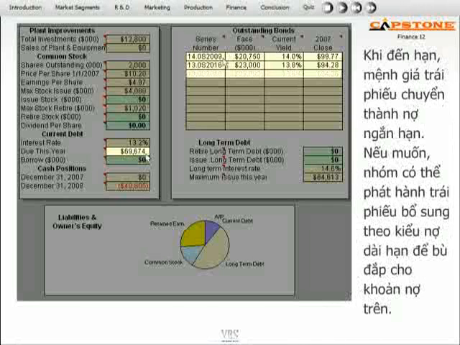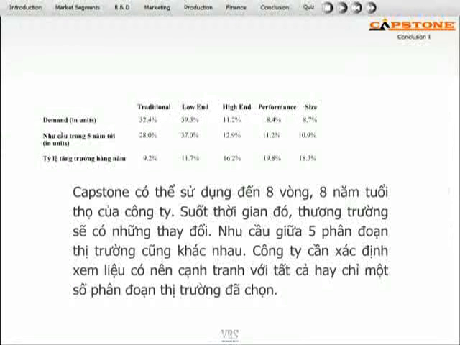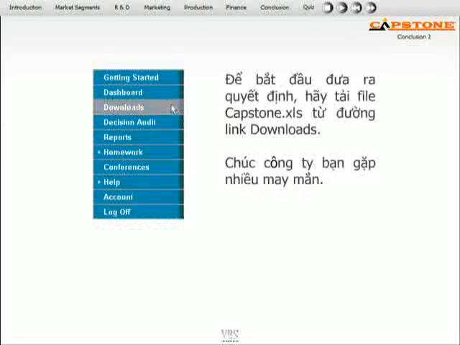Capstone can run up to 8 rounds, 8 years of the company's life. The marketplace changes during that time. Unit demand varies among the 5 segments. The company needs to determine if it will compete in all or selected market segments. To begin making decisions, download capstone.xls from the Downloads